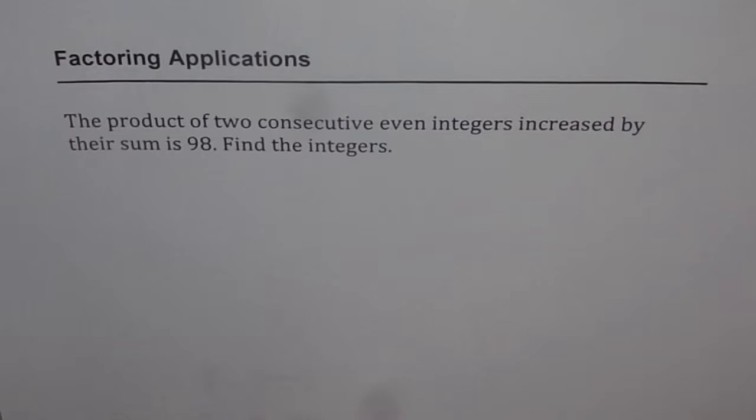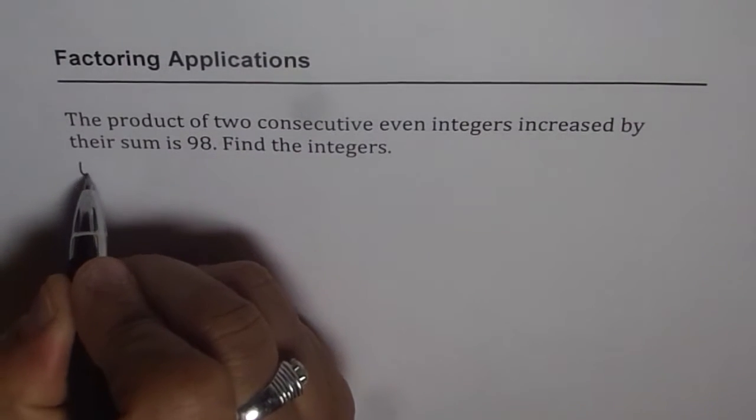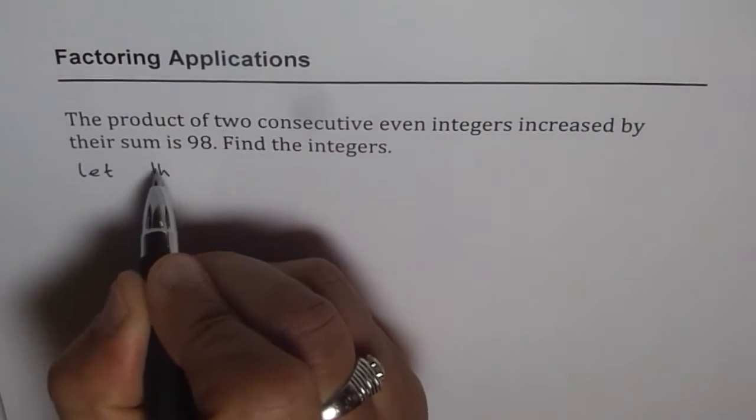Let us solve this word problem with factoring. The product of two consecutive even integers increased by their sum is 98. Find the integers. So let's define the integers first. Let the integers be